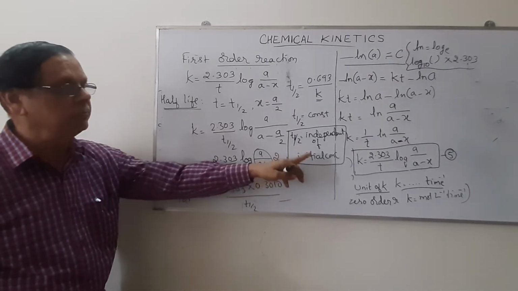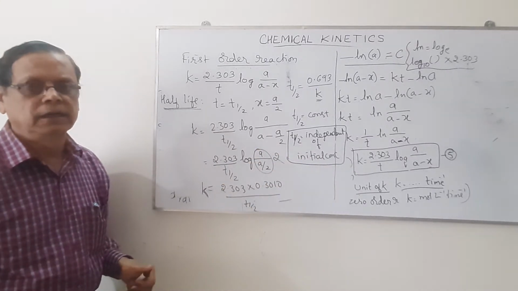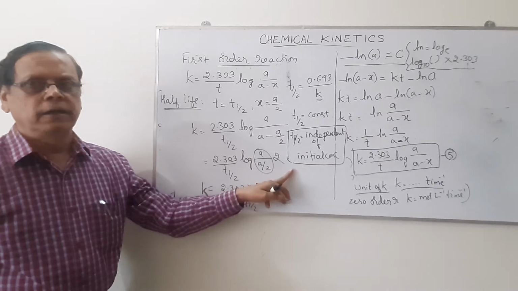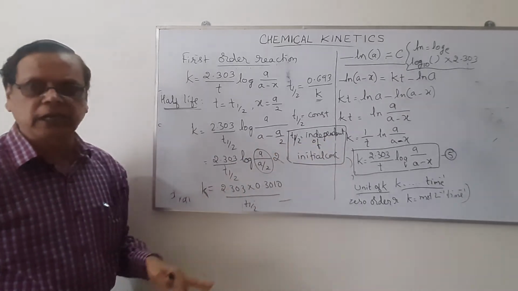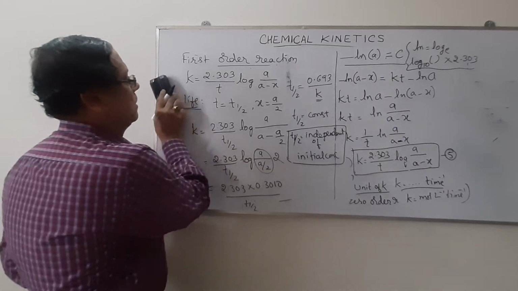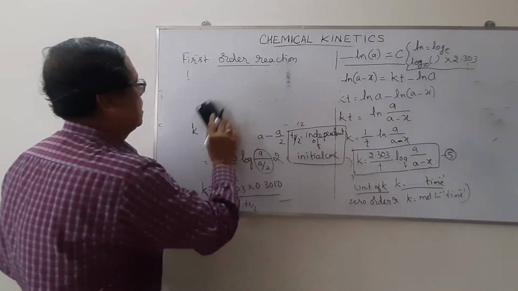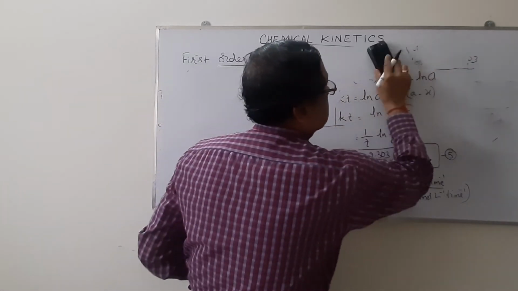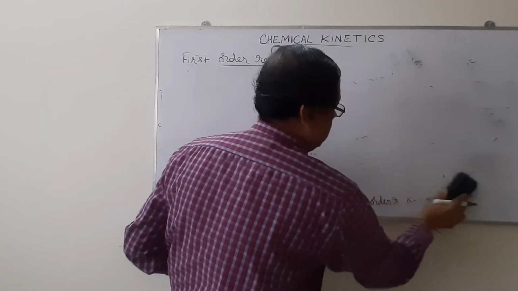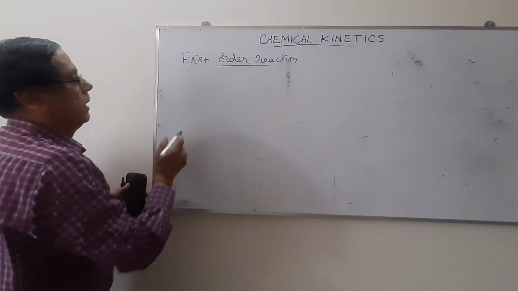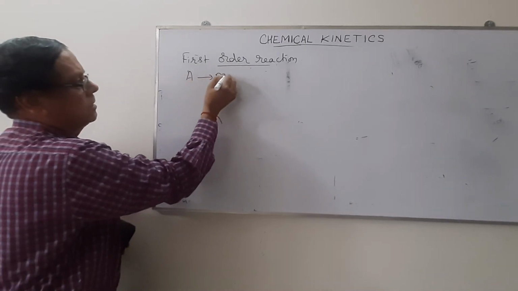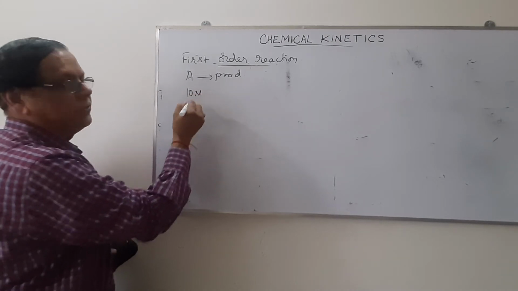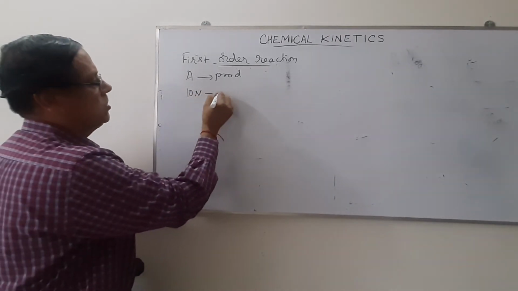So let me explain what is meant by this independent of initial concentration. When we consider this half-life period of a first order reaction, which is independent of initial concentration, let us consider a first order reaction. We start with a particular concentration. Say, for example, we have a reaction giving rise to some products, following first order. Let me start with 10 molar concentration of A. If this is changed to 5 molar,